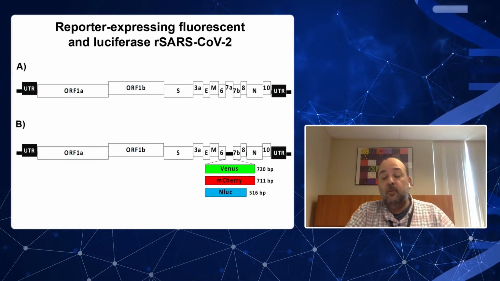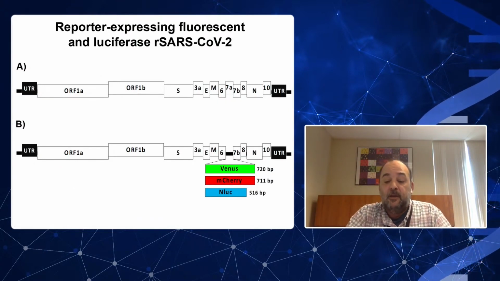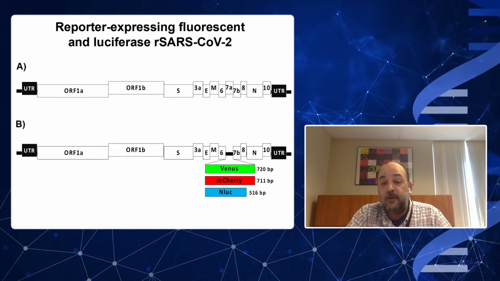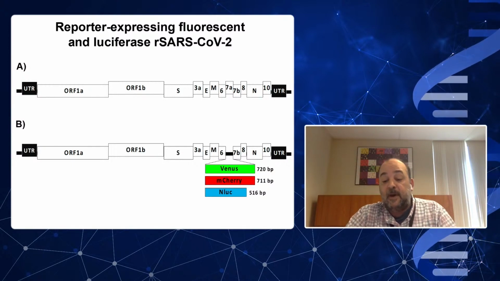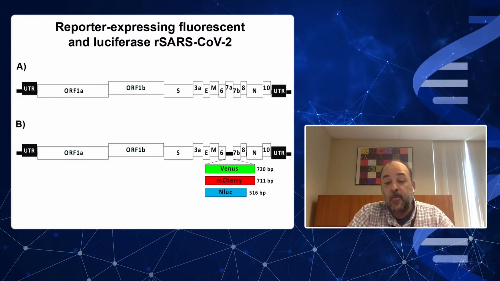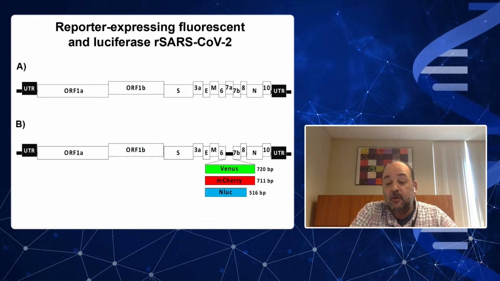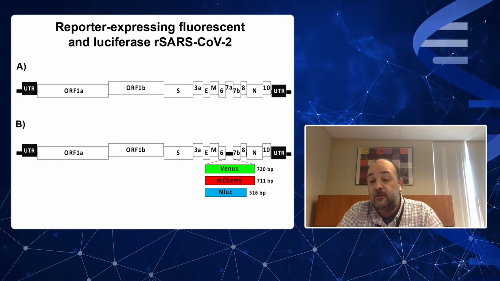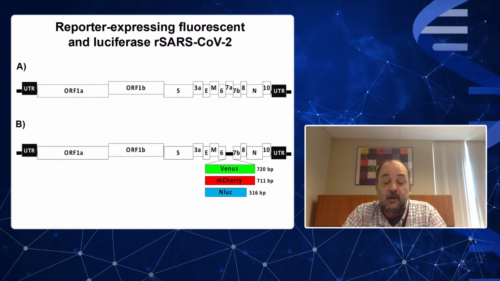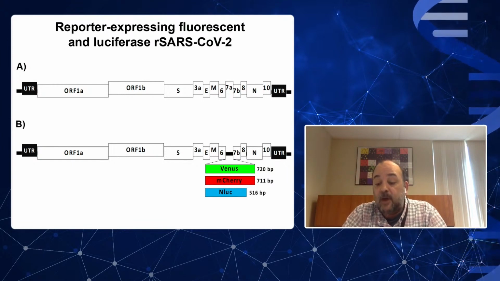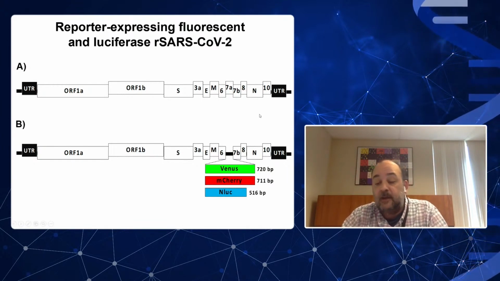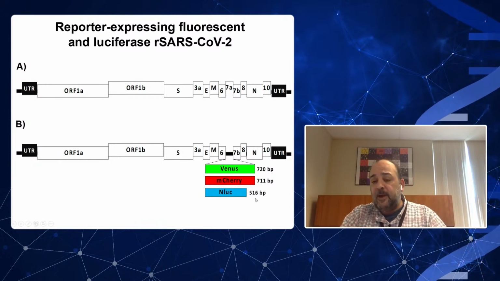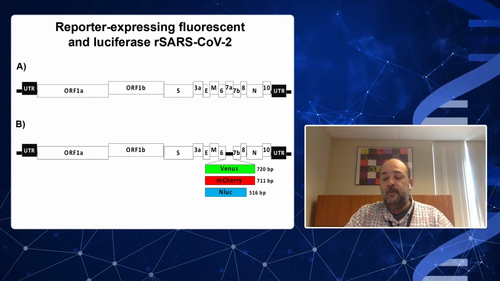So as you probably know, one of the limitations to study SARS-CoV-2, as well as many other viruses, is the need of secondary approaches, such as antibodies, that allow you to identify infected cells. However, we and others have shown how recombinant viruses expressing reporter genes represent an excellent option to track viral infection in cultured cells as well as in animal models without the need of these secondary approaches like antibodies to identify what cells are infected. So one of the first things that we did when we developed these reverse genetic approaches